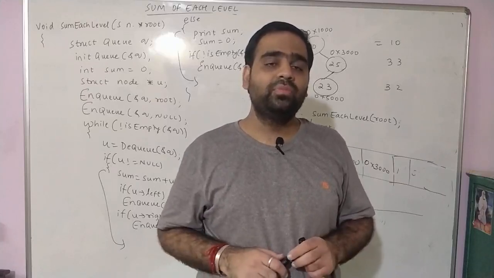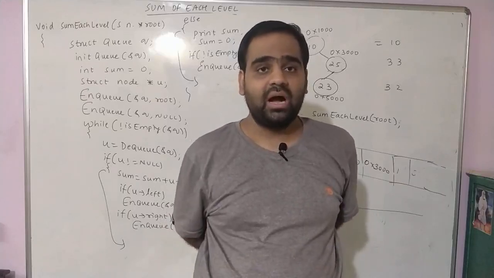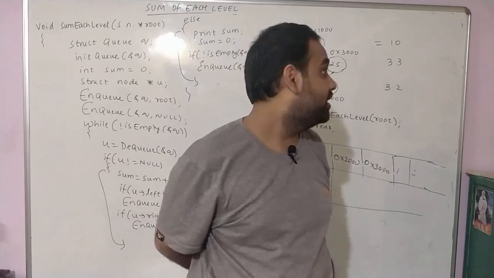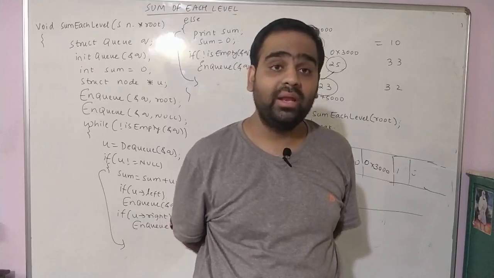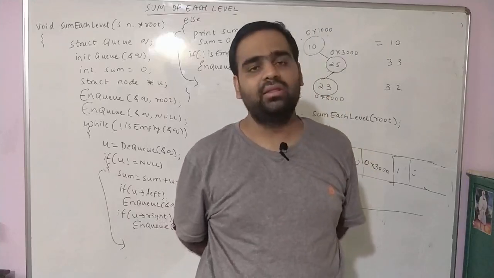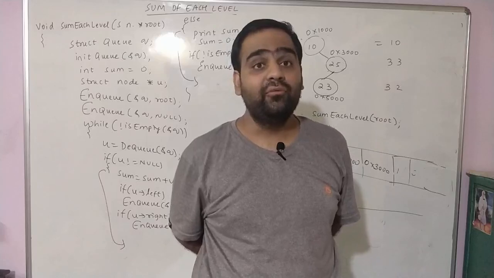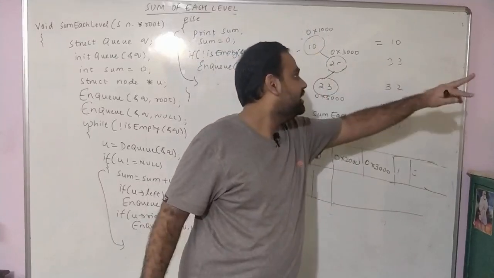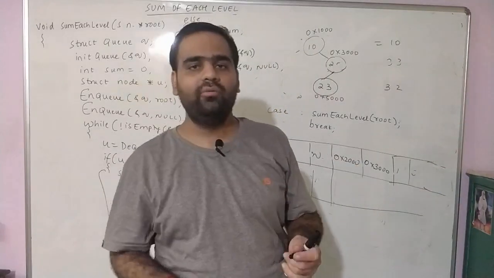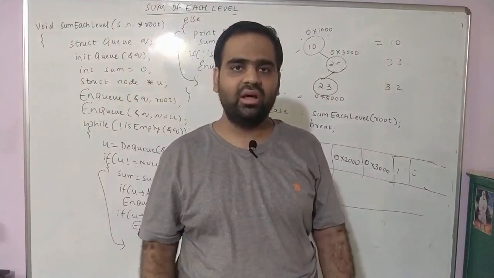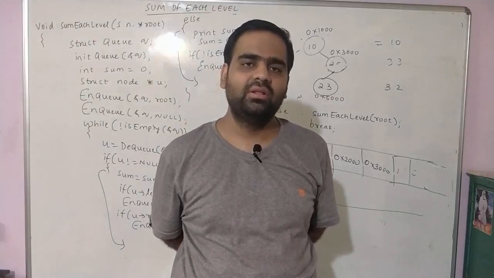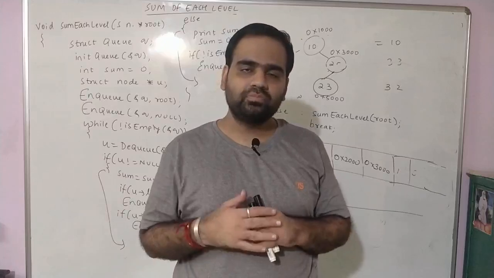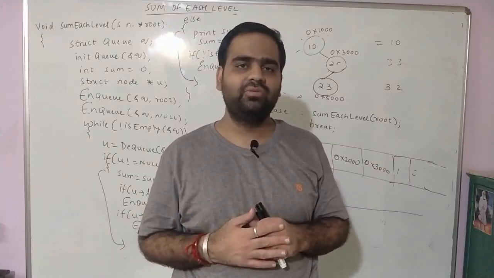What was the first assignment? You have to count the number of leaf nodes and half nodes using the iterative version and the recursive version. The next assignment is you have to say how many levels there are. And the last assignment is you have to say which level has the maximum sum. In this case, level 1 has the maximum sum of 33. Those are the other assignments. I will post them on the group as well, and I hope that you will do them, and tomorrow we will see the next part of the questions. Thank you.